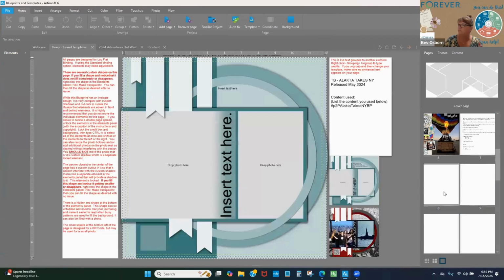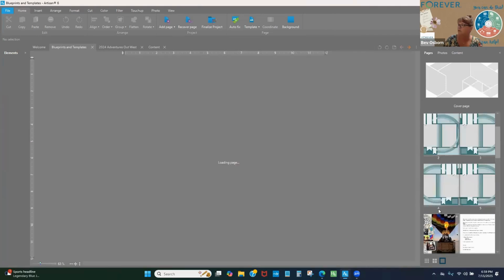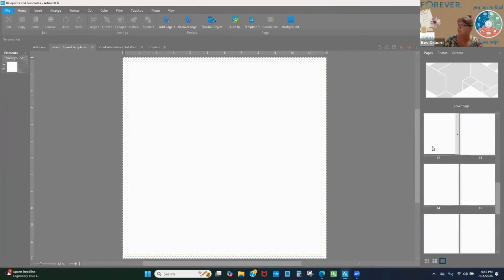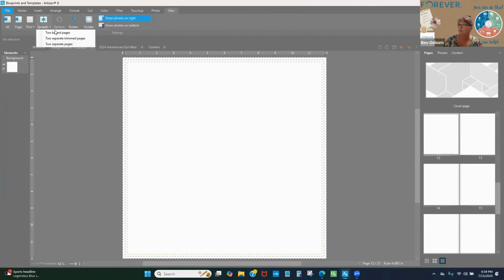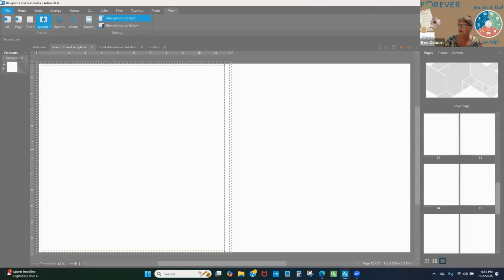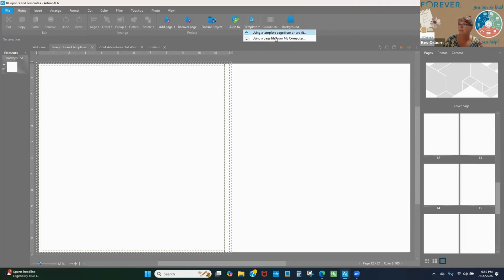Sorry. Let me go to, come on, give me a blank page. All right, so I'm on a single page view. Let me change that back to a spread, 2 bound pages. All right. So from the home ribbon and a template,